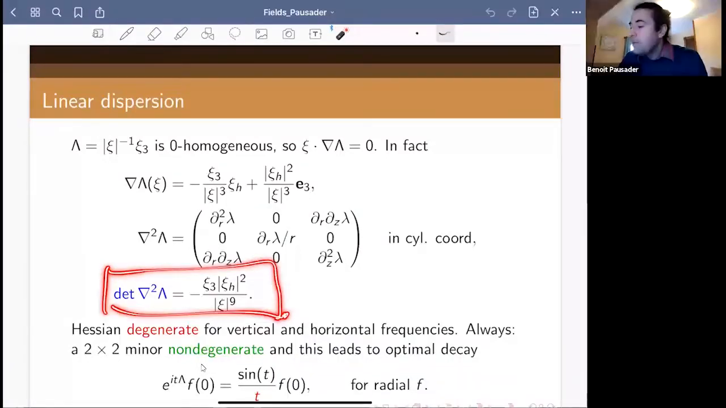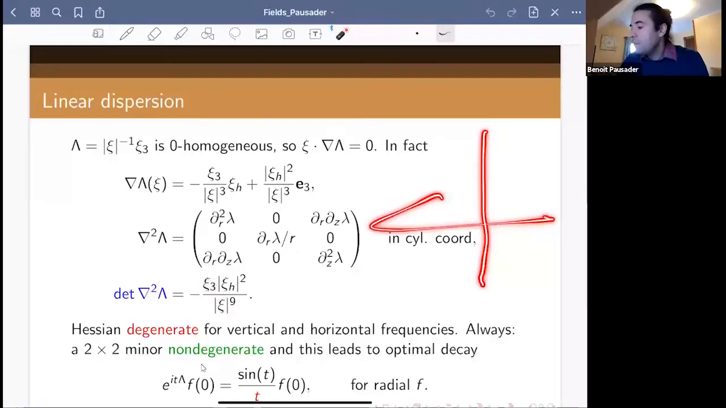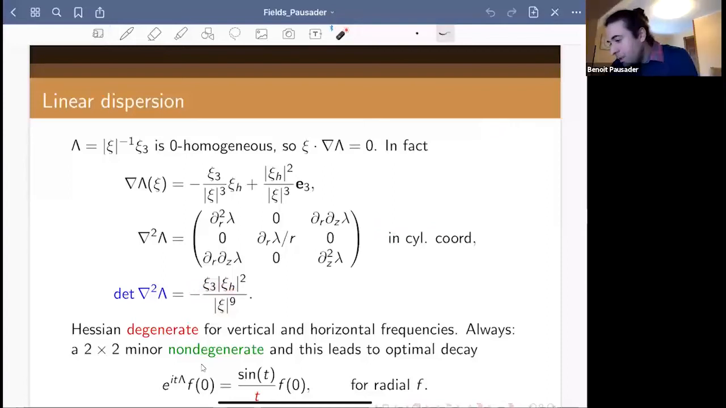And then you get this really nice thing that you can understand exactly where the Hessian becomes degenerate. And not only this, it's also something that is quite natural. It is going to be either for frequencies that are purely vertical or frequencies that are purely horizontal. So either this is 0 or that is 0. Now,